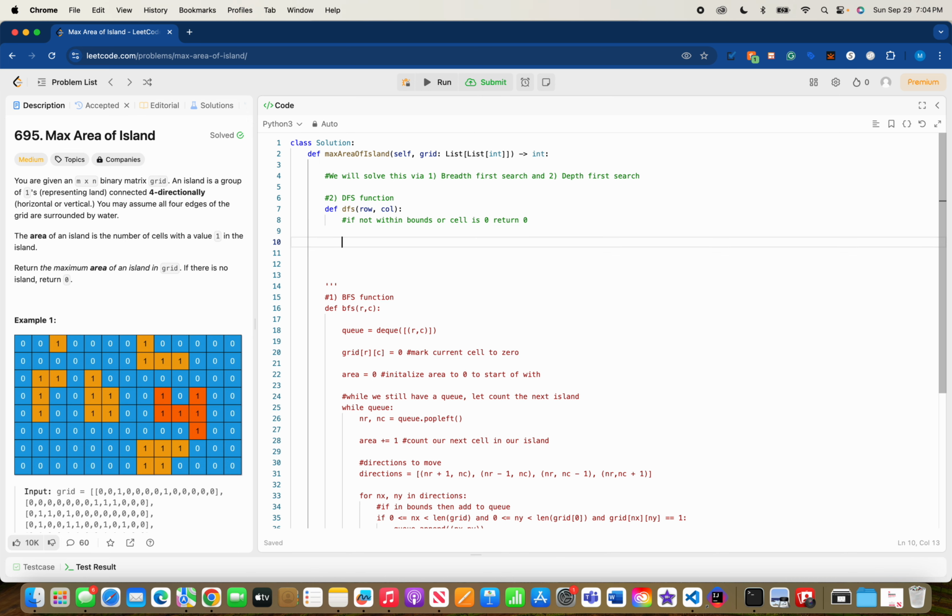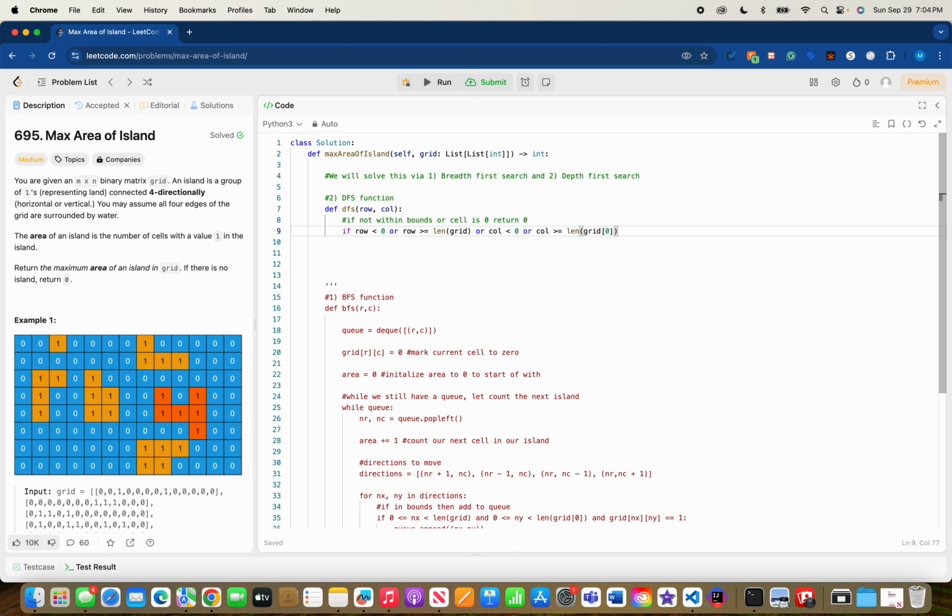So that will be, if row is less than 0, or row is greater than or equal to the length of grid, or col is less than 0, or col is greater than or equal to the length of